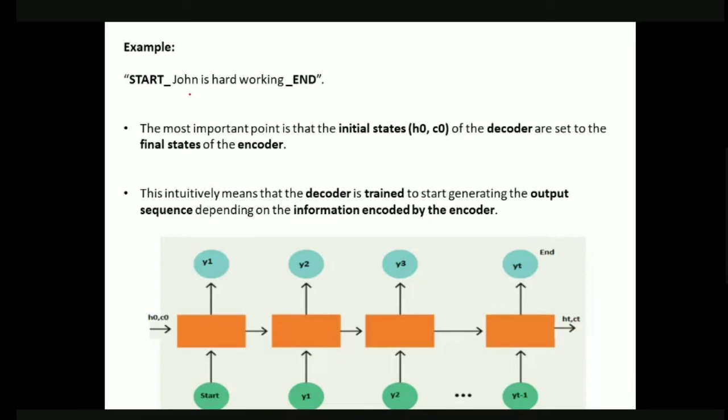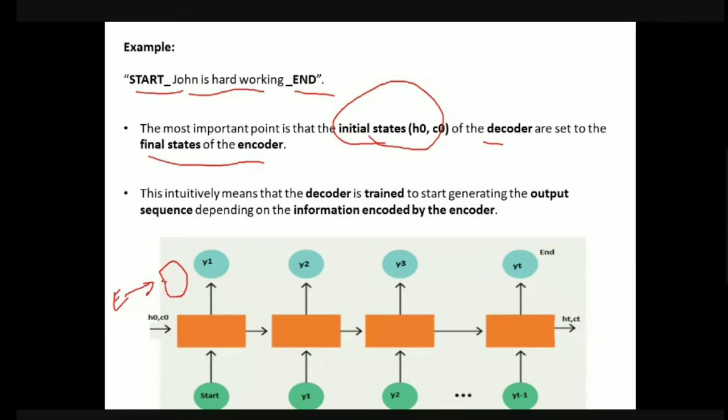Okay, let us see an example: John is hardworking. Here we have a start symbol and then an end symbol. The initial state h0, c0 of the decoder is set to the final states of the encoder. This is what we have discussed, right? The final state of the encoder will be the initial state of the decoder.